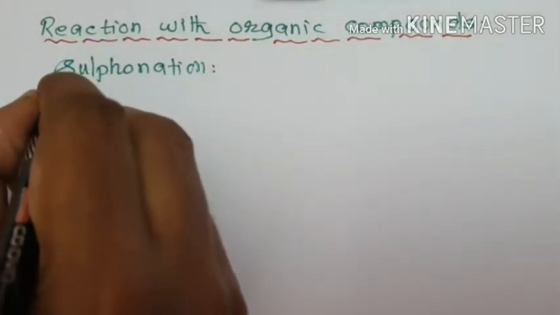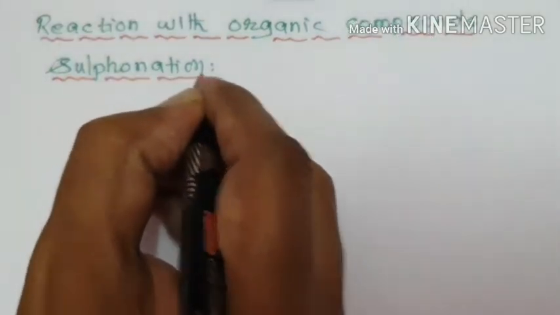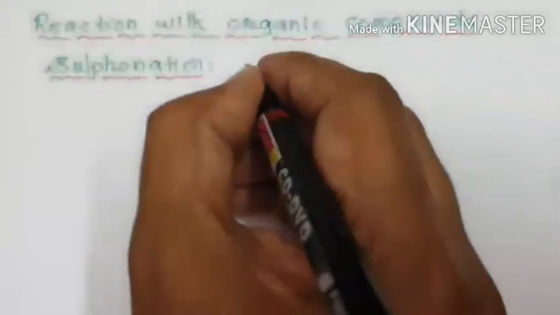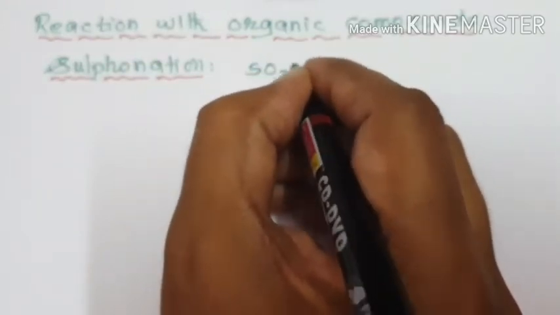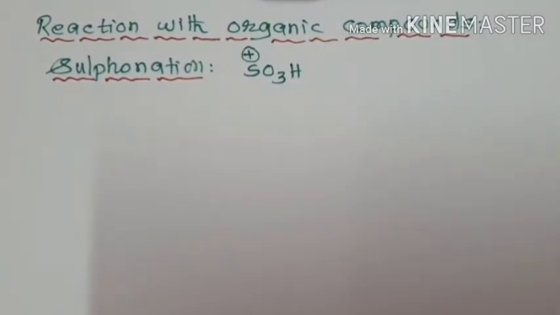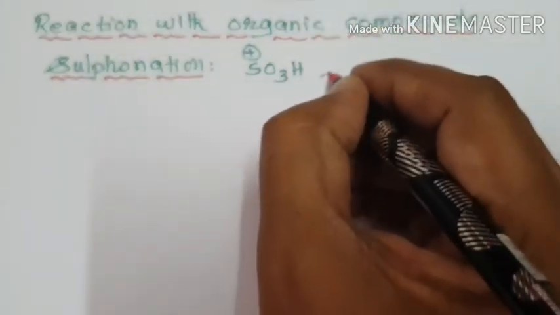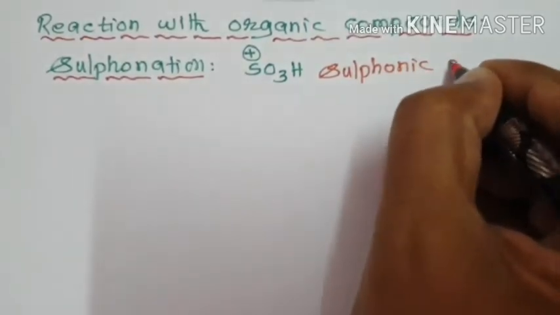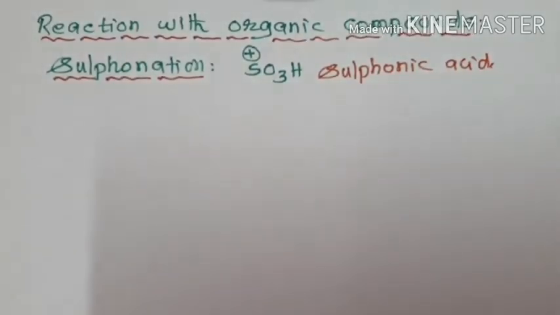Sulfonation means addition of the SO3H group, the electrophile, to an aromatic compound. The SO3H is called sulfonic acid, or one more name, sulfonyl. So for sulfonation, the aromatic compound is treated with